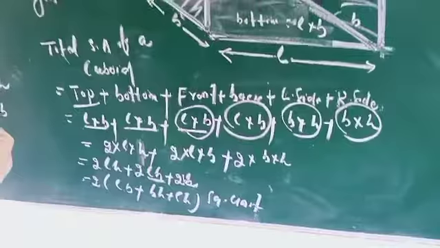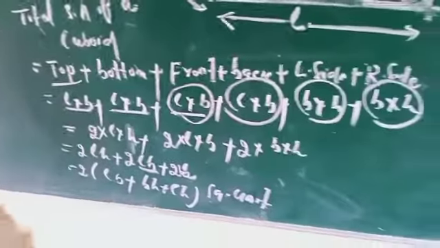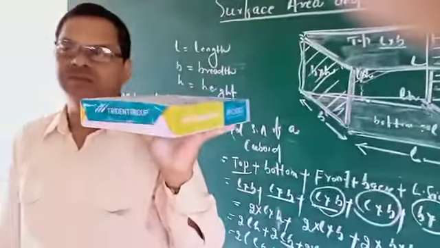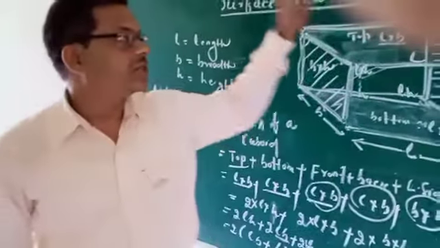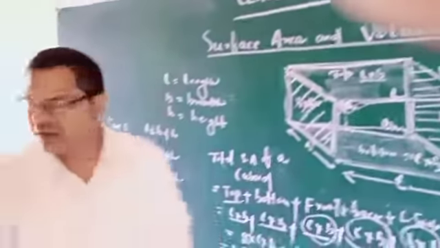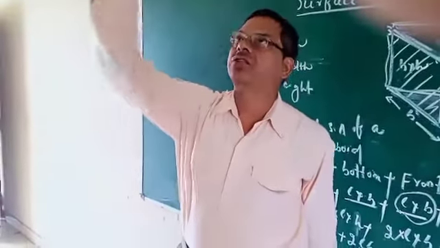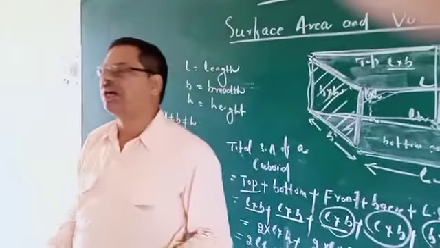Now it's coming area for 4 sides, or you can say lateral surface area. If you see your classroom, it is just like a cuboid. Yes or no? So 4 walls: this side is your wall, my right side is the wall, left side is the wall, front is the wall. This is called the floor, this is called the roof. So area of 4 sides means area of 4 walls.